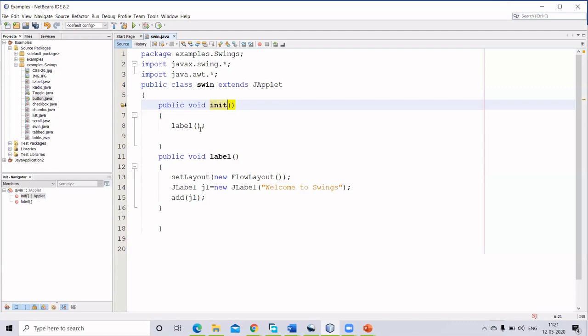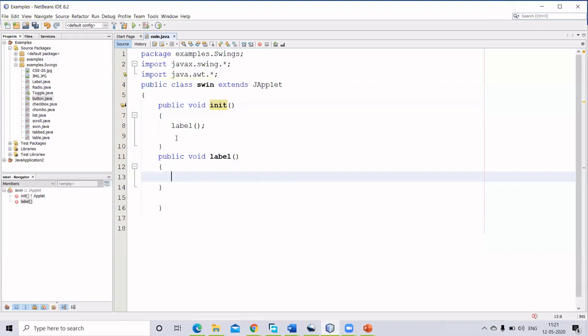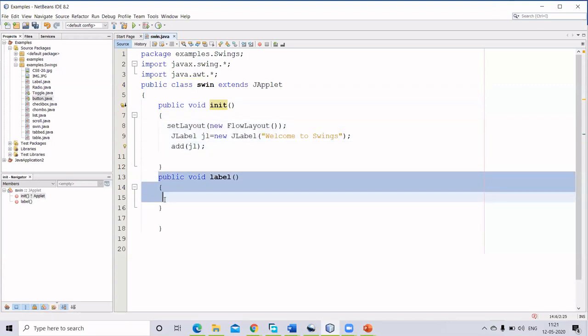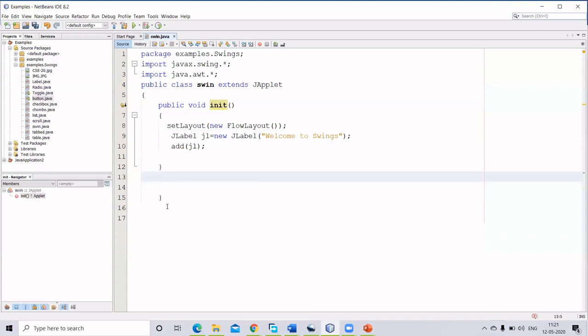So what is the simple thing over here in this applet? I don't want to use certain default methods inside my program. That is, in my JFrame, I used set default close operation, then visibility, then size and all. I don't want to use so many of these things inside my applet.